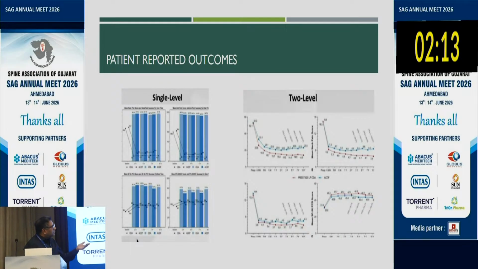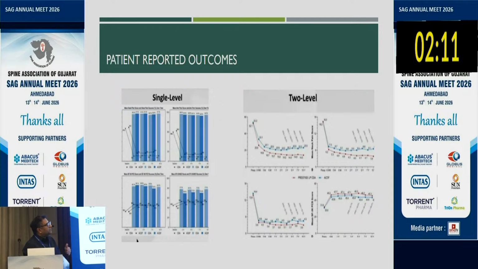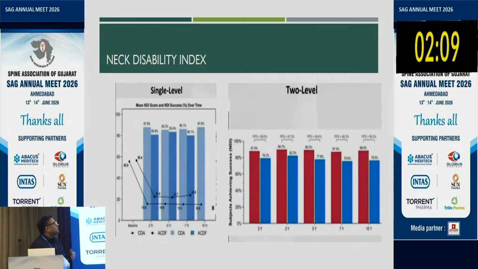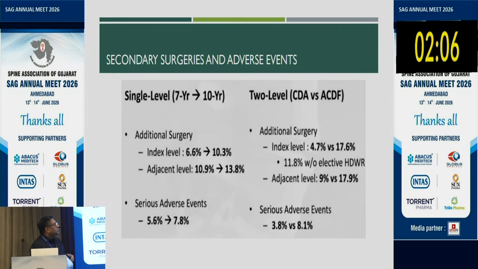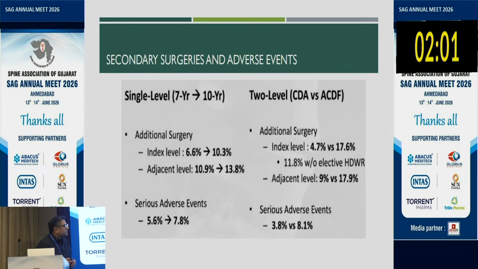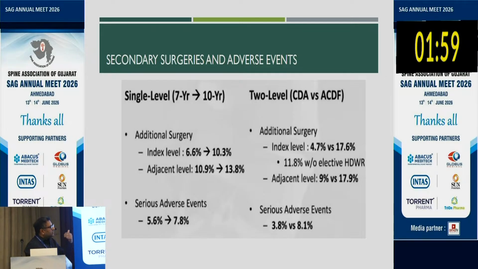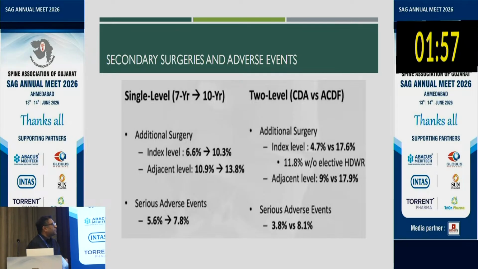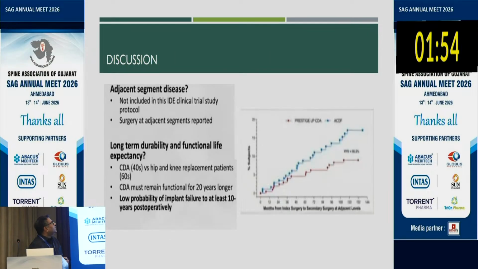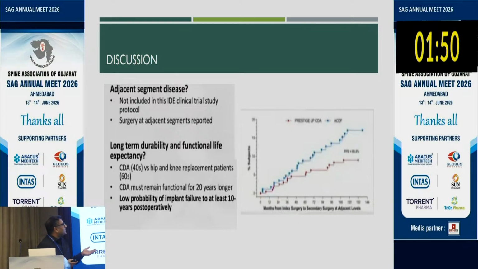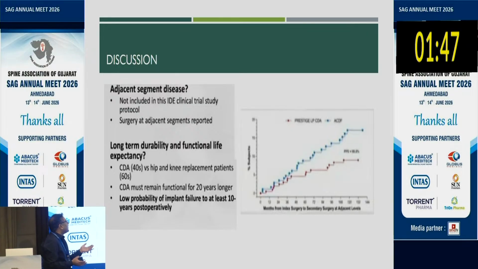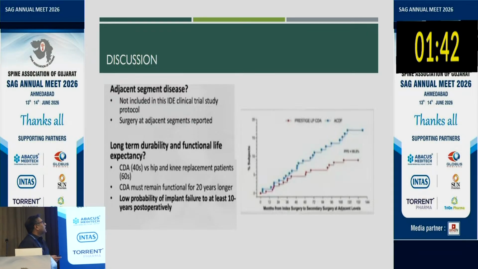So 2-level patients do much, much better in the long term compared to single-level disc replacements. So additional level surgeries become less. The adverse events are nearly the same, but if you do a second surgery, then the adverse events also increase. So if you look at this, there are 2 points which basically decide between an ACDF and a disc replacement: that you shouldn't have adjacent segment disease, which clinically,